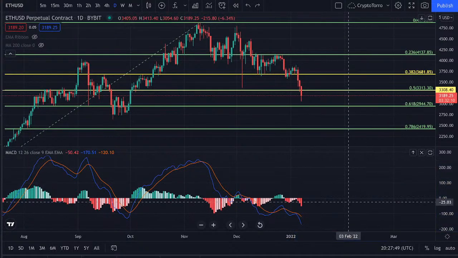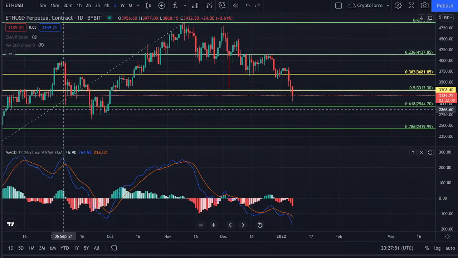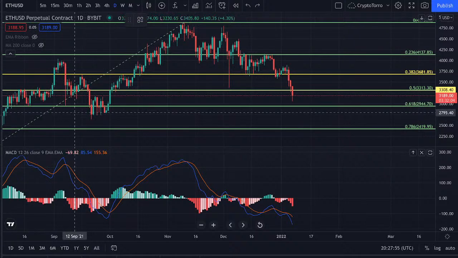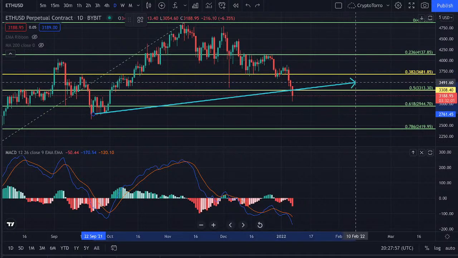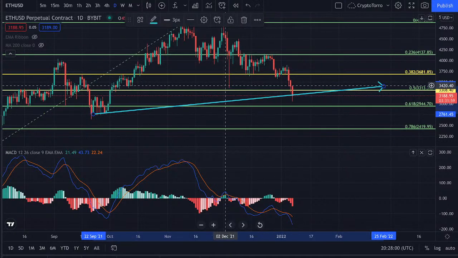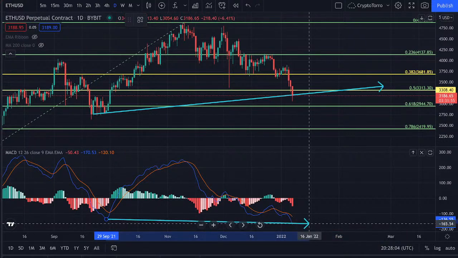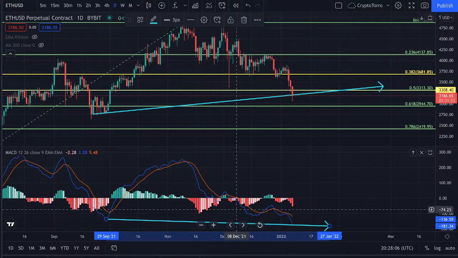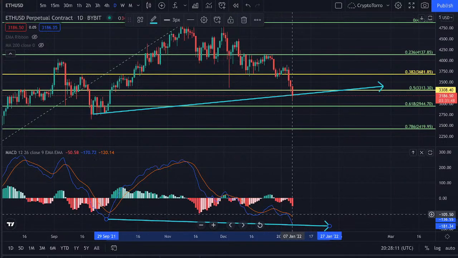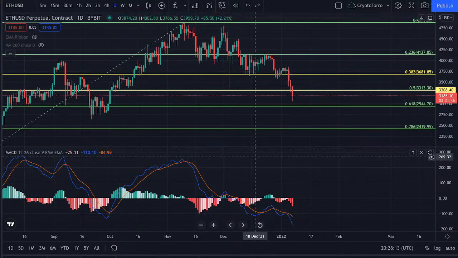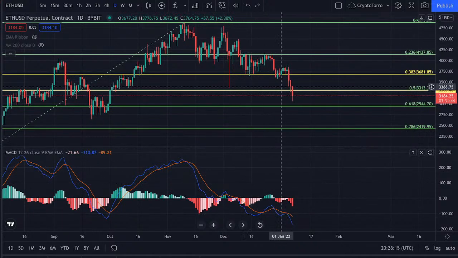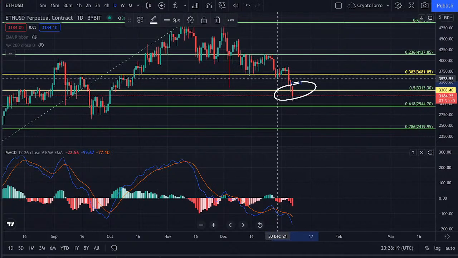What is even more important, if we zoom in a bit closer, is that we are clearly seeing a bullish bias pattern, or a bullish signal right here. We are seeing a higher low on the chart, and we are clearly seeing on the MACD waves that we are creating a lower low. Therefore, this is actually a very bullish signal on the MACD, and it is showing us that we could expect major momentum towards the upside. Therefore, I'm convinced that we are going to hold strong on top of the level where we are currently trading at